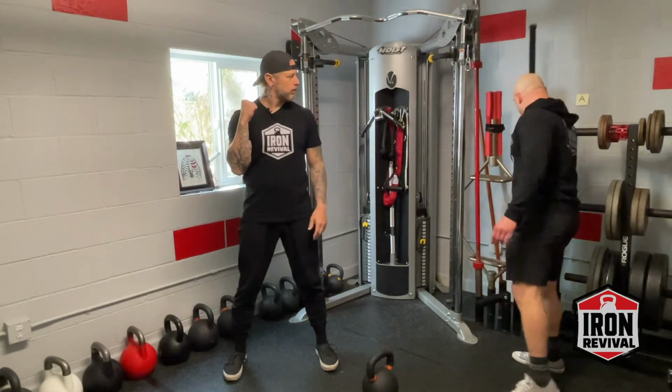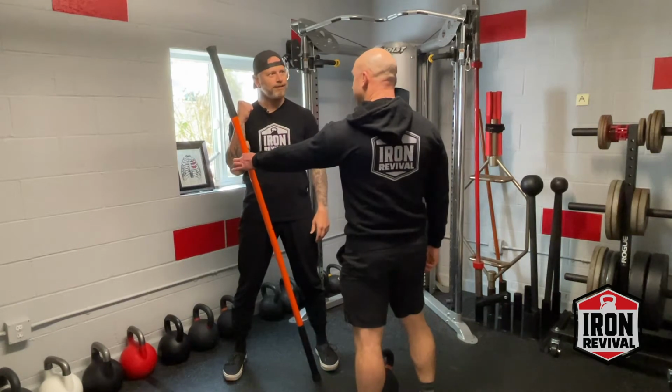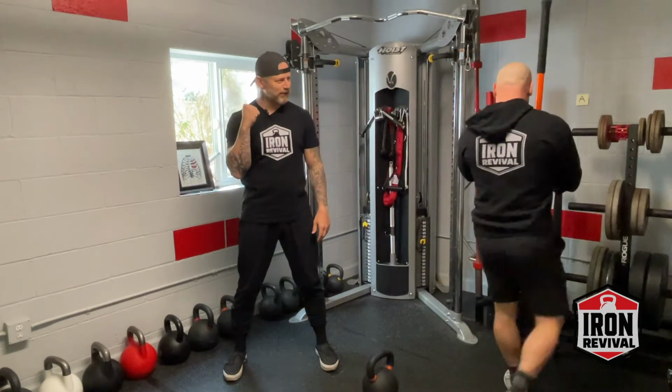You're going to have a diagonal path. What? Yes. This defies laws of physics. So,